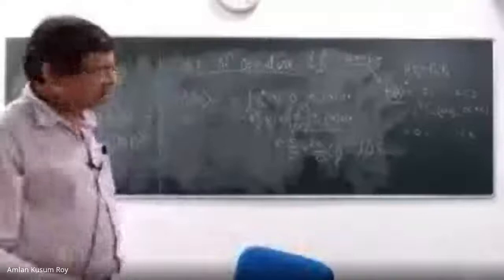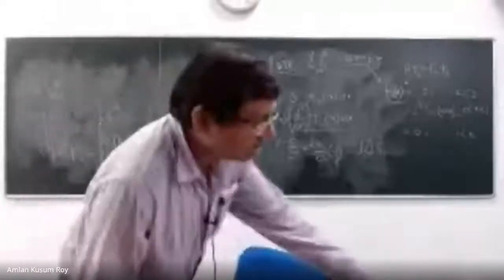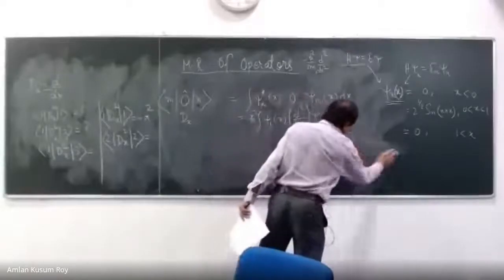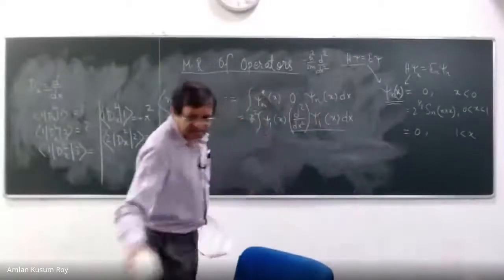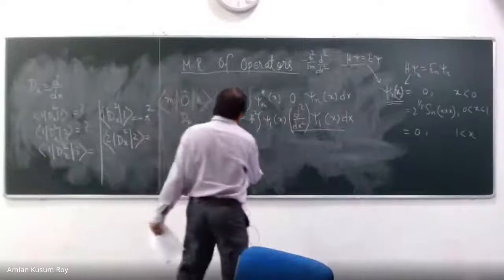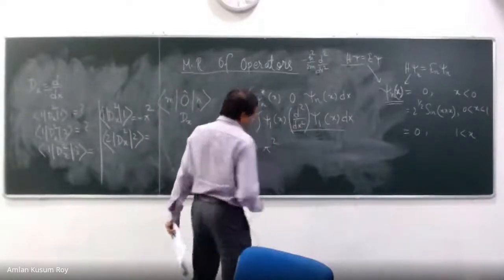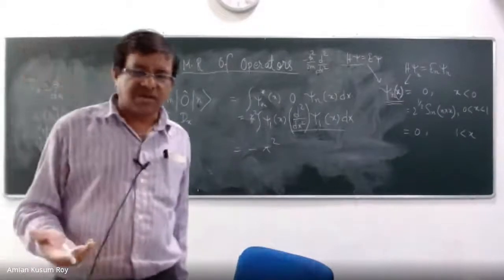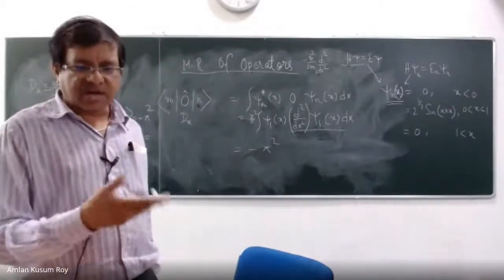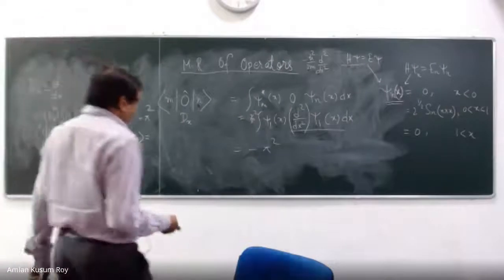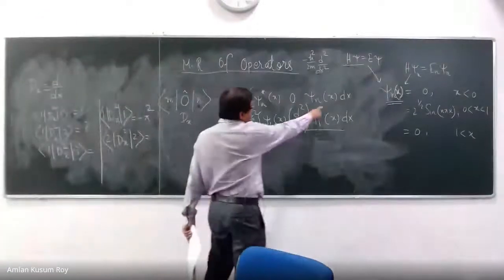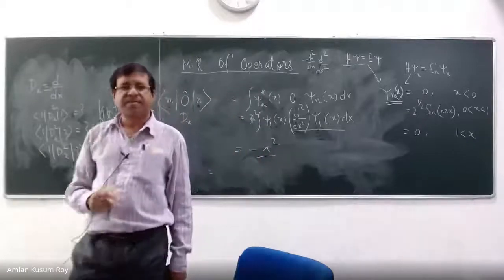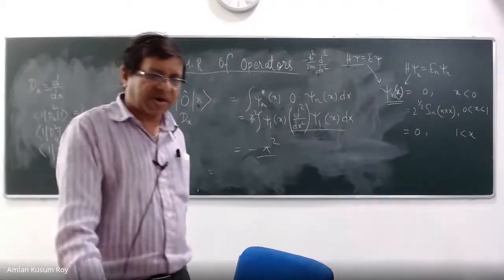So I can have a prescription to write this. That is why if you do that, it will give you nothing but -h cross square, because your n is 1, minus pi square n square h square by 8m L square, जो तुमने लिखे हो उसके साथ minus multiply करो, and then put the value of n to be 1 and divide by twice m by h cross square, you will get minus pi square. Is this understood? Is this step understood?